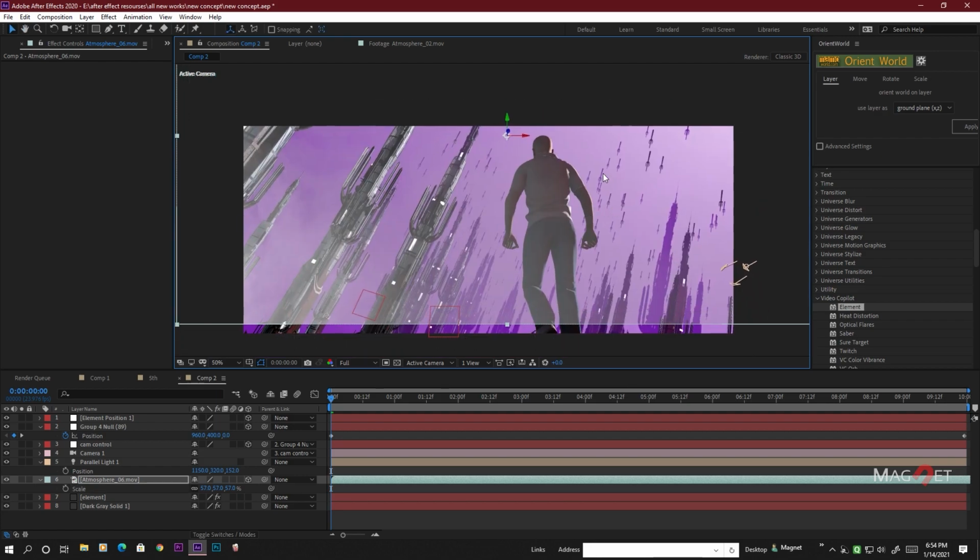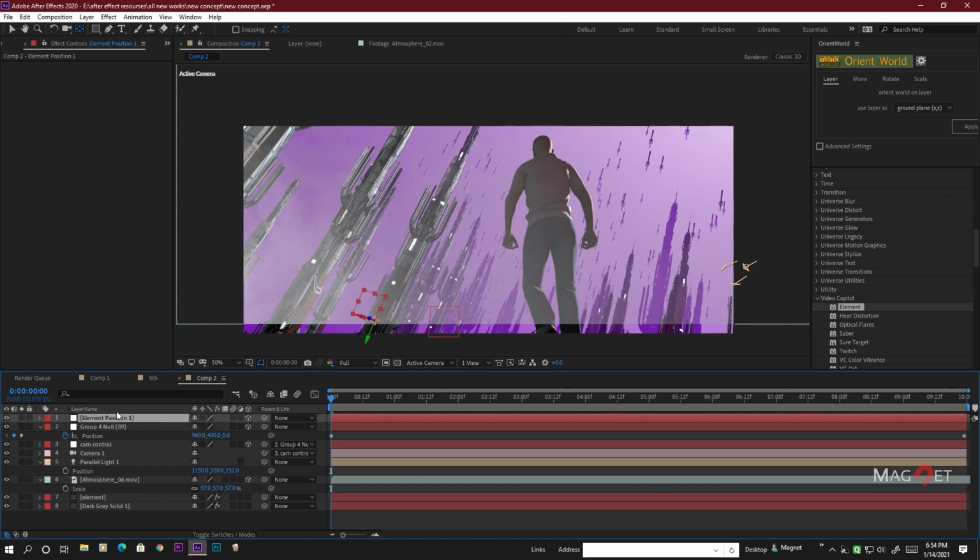And we also relocate that anchor point, so go to the Pan Behind tool, click on that and drag it to the very bottom here like this, and go to the atmosphere, and now we place it to